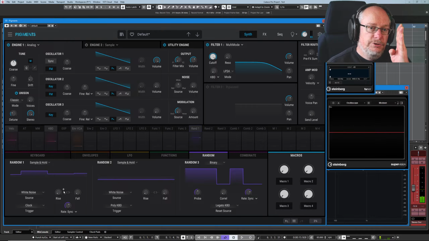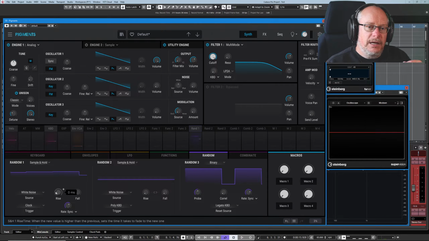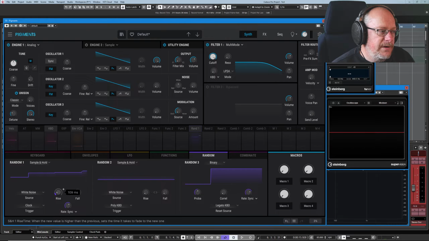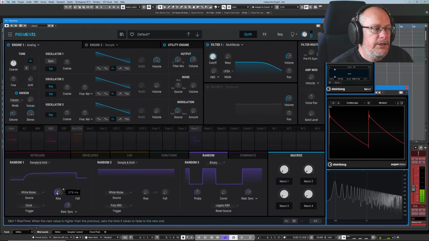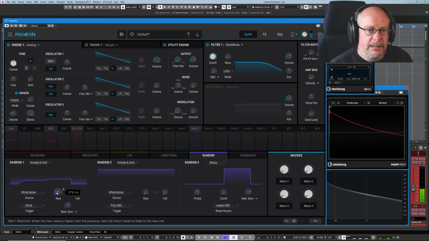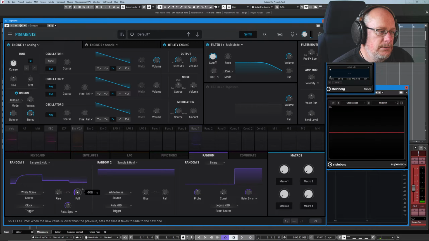Now those abrupt control voltage changes can be smoothed with our rise and fall controls. Now rise takes care of control voltage modulations when the second one is higher than the first one, in other words when we're going up, and I'm not going to explain what fall does, it's the opposite. So here if I increase rise but leave fall alone, you'll see that it smoothly modulates every time it goes up and plummets down every time it drops control voltages. The other way around,